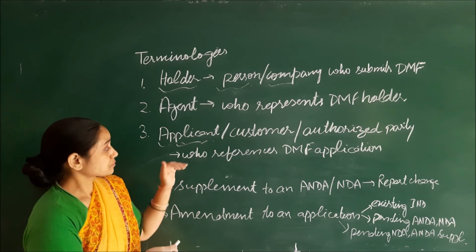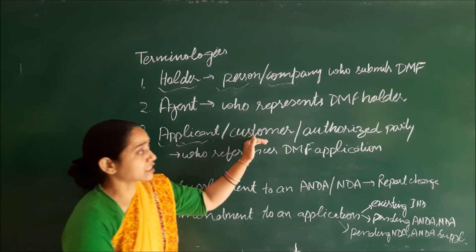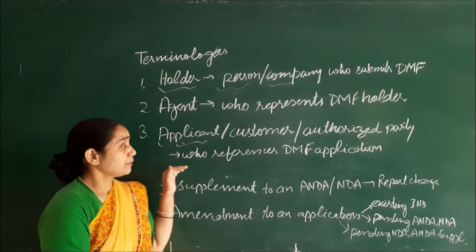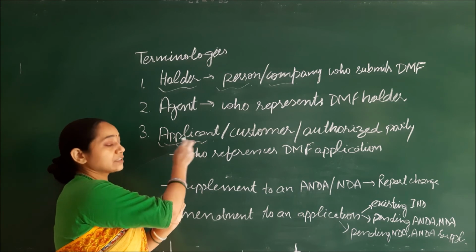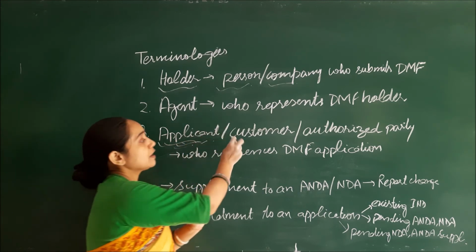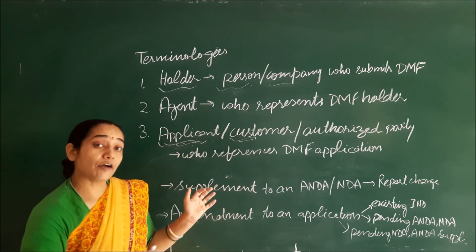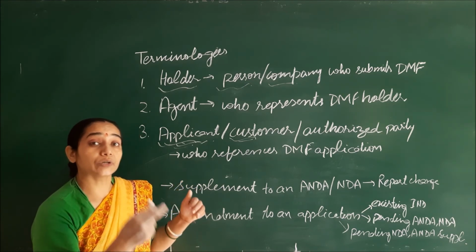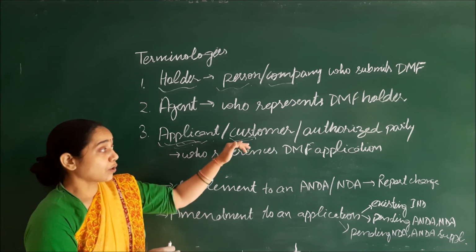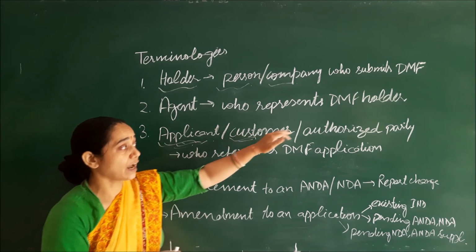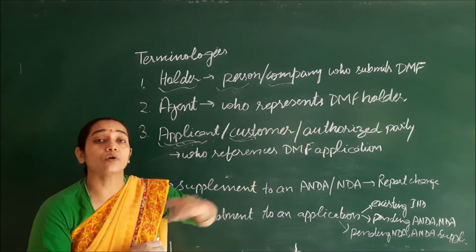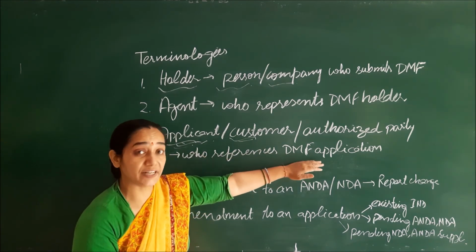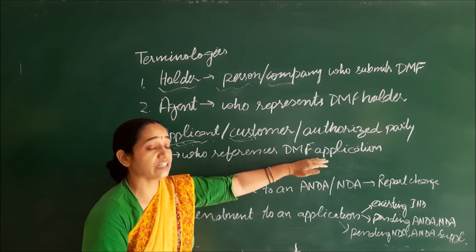Now these are the different terminologies that are commonly used. Other than that, these means applicant, customer, authorized party who references the DMF application. Applicant means who is applying for the DMF. Customer means another firm has purchased from me, for example, and then they are utilizing that number or that DMF, then they are the customer. Authorized party means they are doing all the correspondence, then they are referencing the DMF application. Means all these are referencing